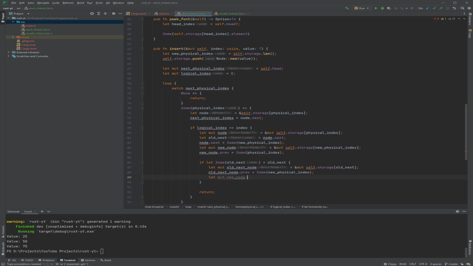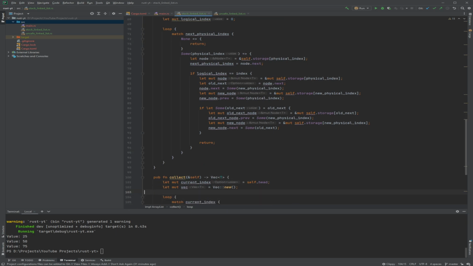this new node, because if I don't redo this again, I'll run into a borrow checker issue. They're both using the same array, so there's some stuff that I know is safe, but the borrow checker doesn't seem to think so. So I'll need to re-get this just so I can set the next for this to be that old next. Whew. And then finally, every time we loop